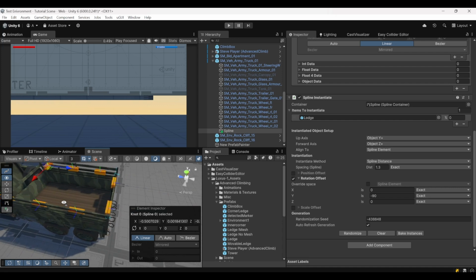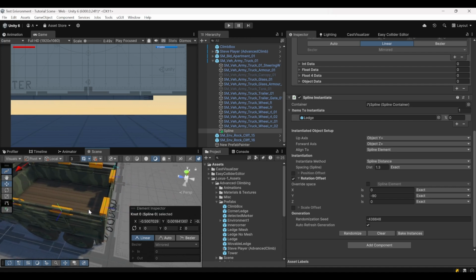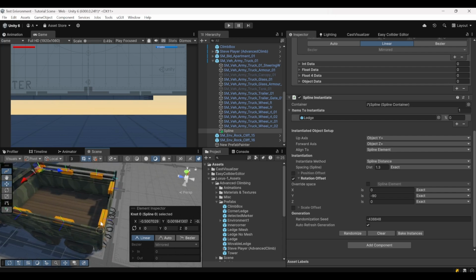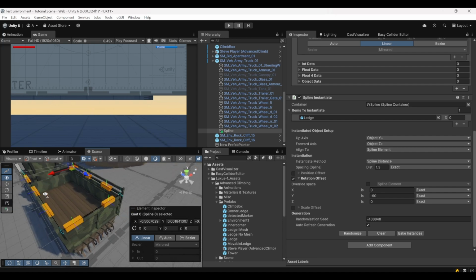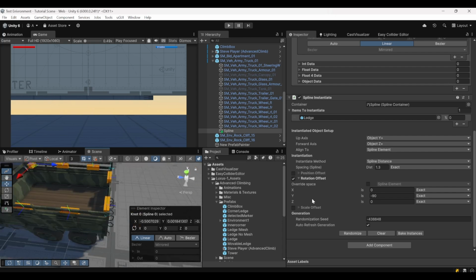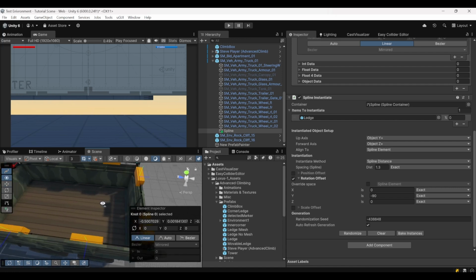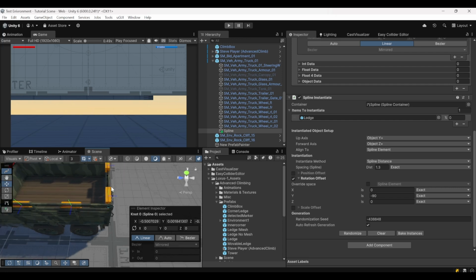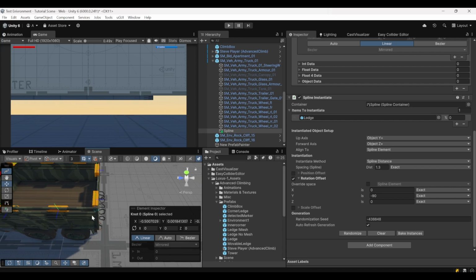Just like this. If you have a corner like this, it's recommended that you don't put them too far away. For example, if you are on this ledge here, you won't detect, or he probably will detect, but the animation won't fit well because he goes through the outer corner, and then he could go into the mesh and it